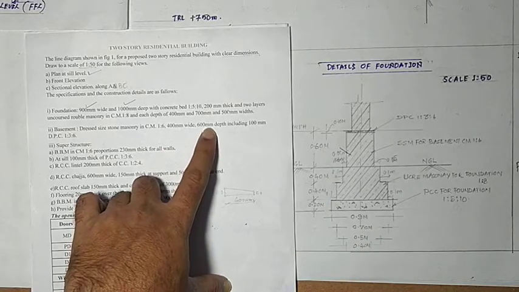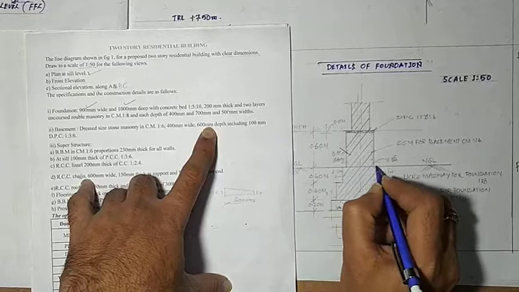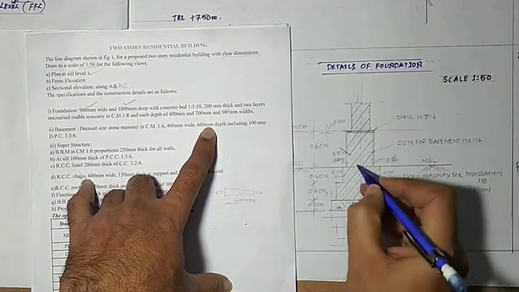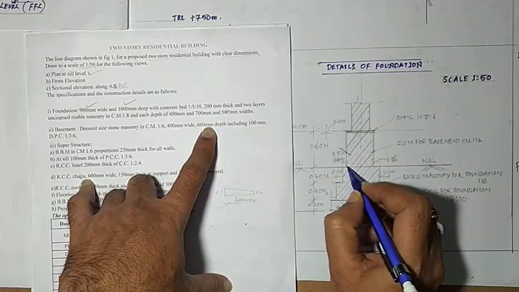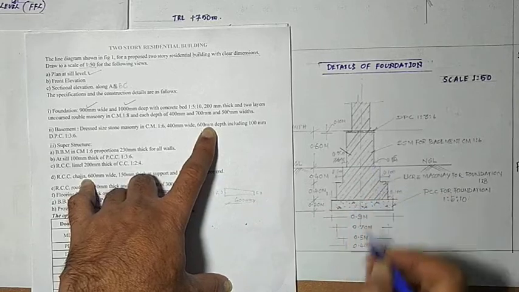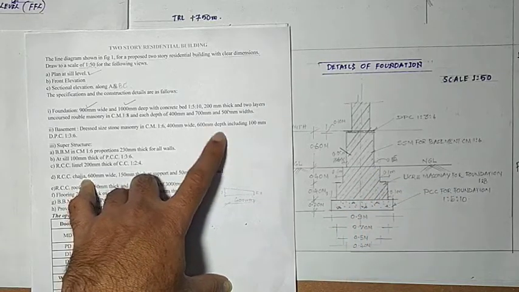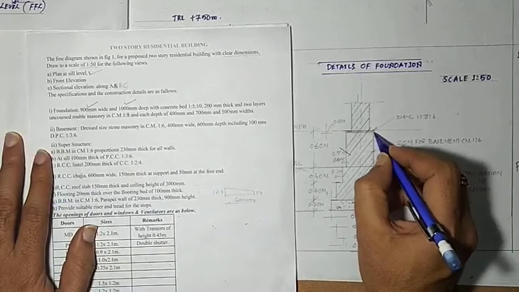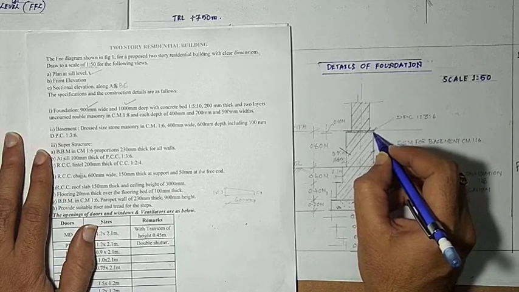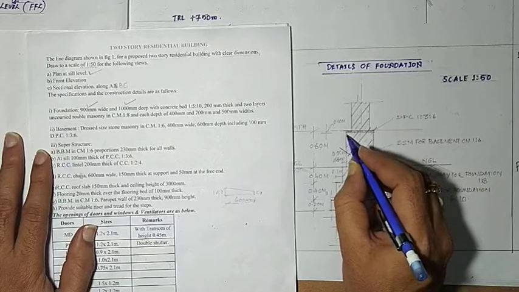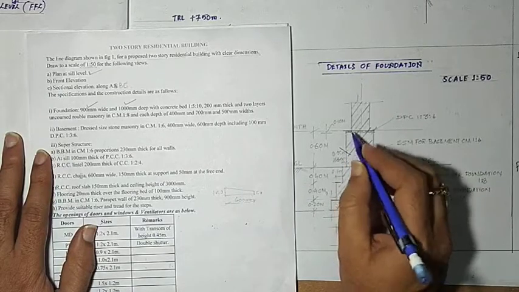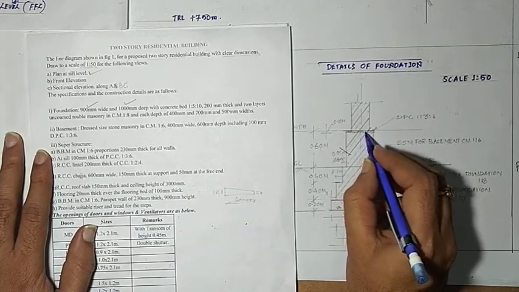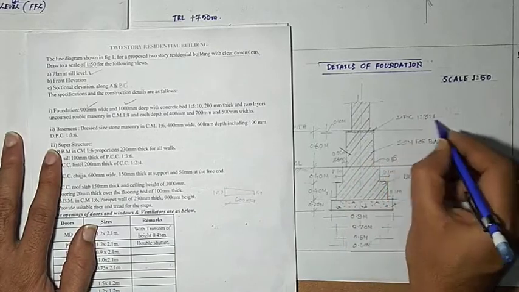And then this is 0.4 meter. You have to mark the center line and measure 200 mm along this end, and measure 200 mm along the right side. Including 100 mm means in this 600 mm we have to include another 100. So it will be 0.5, another 0.1, so totally it will be 0.6. So a 0.1 meter of DPC.